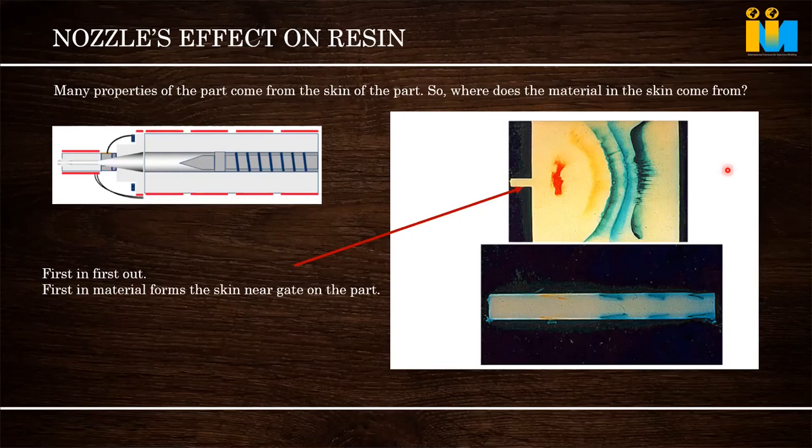So normally in every molding, the entry area is the biggest problem. Flow marks, especially flow marks and all. Sometimes burning marks come, brown color near the gate area, and very difficult to attend. And where does the material come from? The first material comes from the nozzle, nowhere else. Right? So that is why we are telling that the nozzle has to be properly done, has to be taken care of. So how to take care of the nozzle? Otherwise, this first material cannot be solved. So the nozzle is quite an important thing.